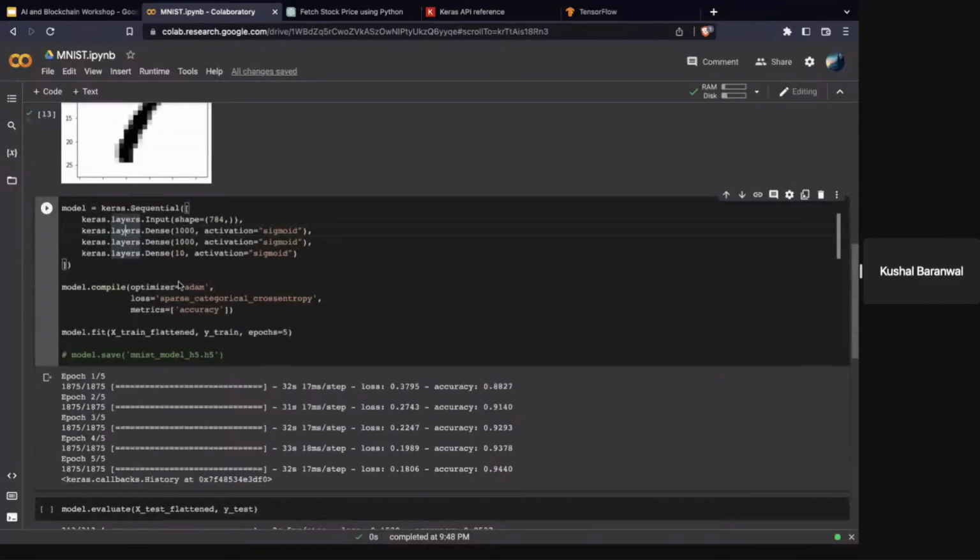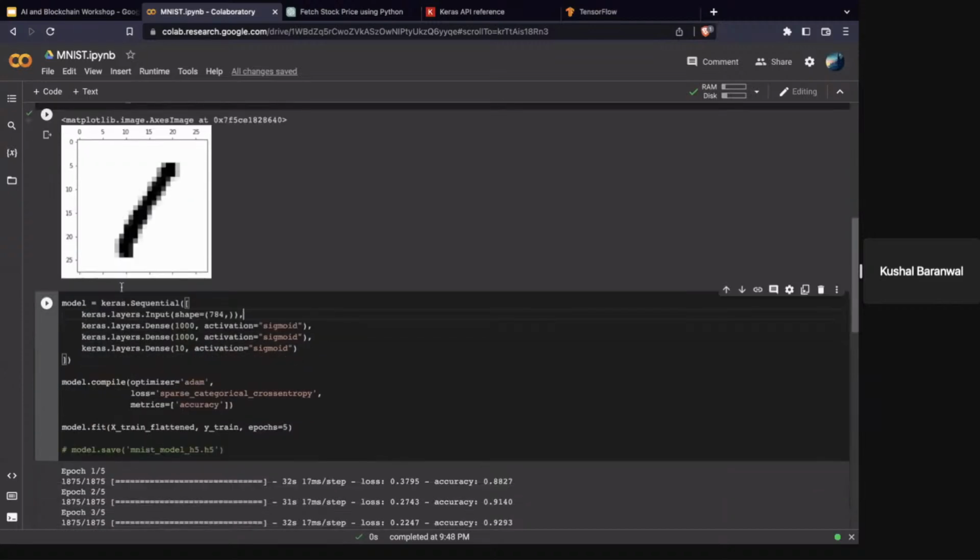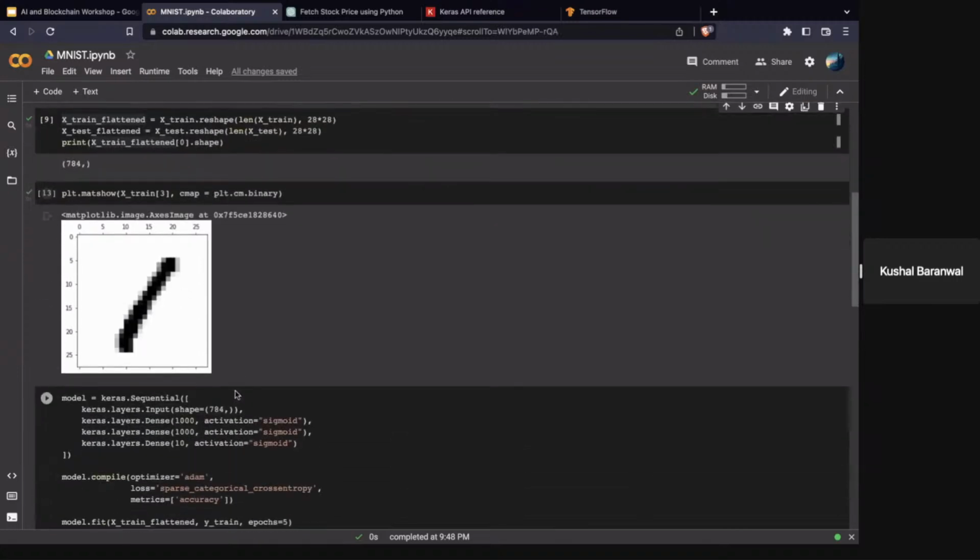The first one is always going to be the input layer, which gives our image pretty much. So this is just taking the image in. It's kind of like a stimulus for your brain. That's why you see it's keras.layers.input, and then the shape is 784, because again, it's pretty hard to work with nested arrays.